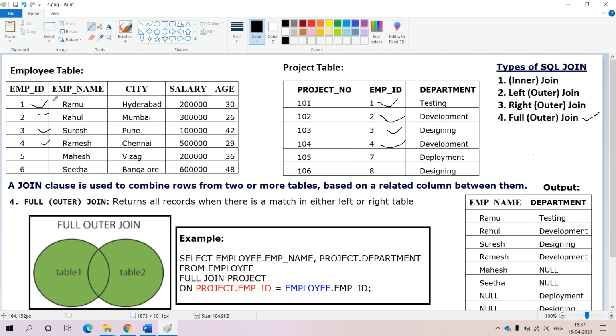You will get these records' related data, that means employee names as well as department names, along with the remaining data also. The employee IDs which are not matching with the project table, as well as the project employee IDs which are not matching with the employee table, you will get those records also. But the problem here is, with the help of full join, you will get